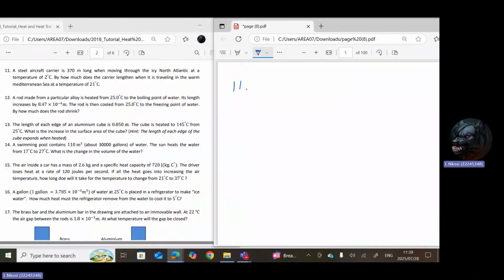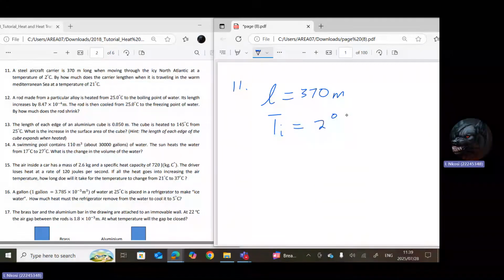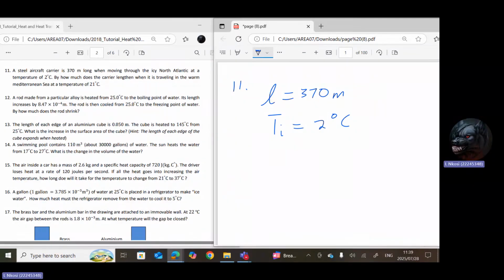A particular steel aircraft carrier is 370 meters long, so its length is 370 meters. When moving through the icy North Atlantic, the temperature initially was 2 degrees Celsius. By how much does the carrier lengthen when it is traveling over the warm Mediterranean Sea, that has a temperature of